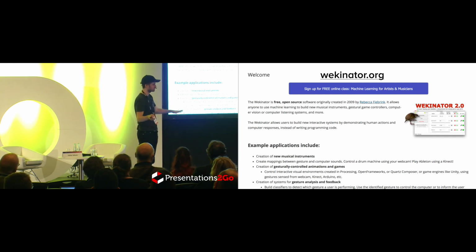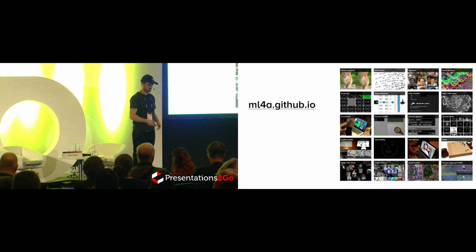or Processing, which is a tool for people from design or art getting into coding. And then you can use Wekinator to do all the machine learning crunching for you without you having to code any of that. You just send these raw streams of data. So it's really, really nice. It's been out there for a while. Made by Rebecca Fiebrink, who's awesome. Then there's